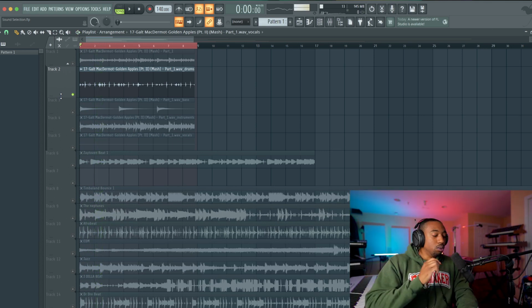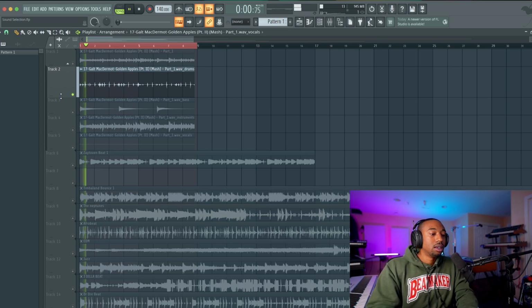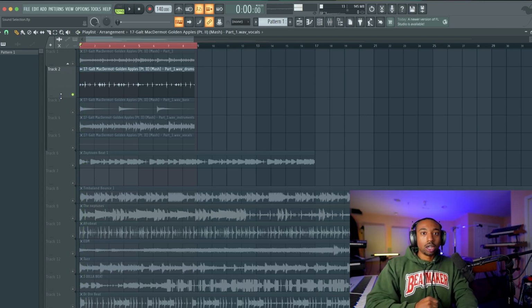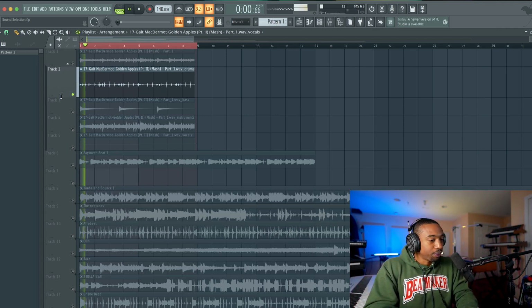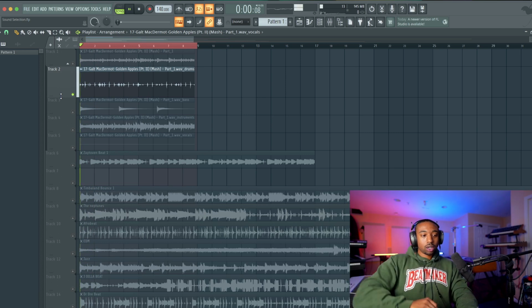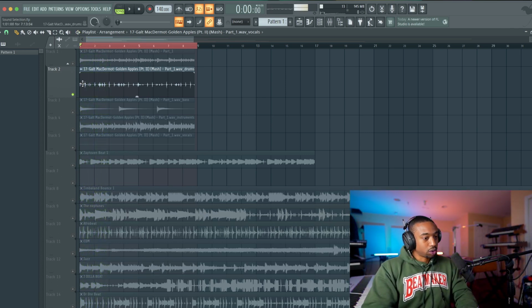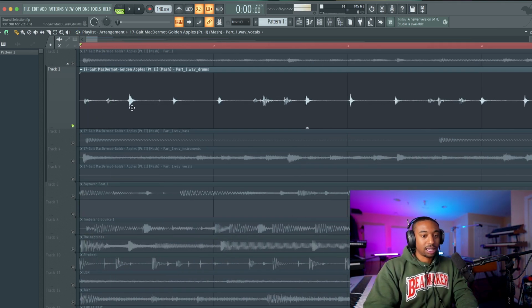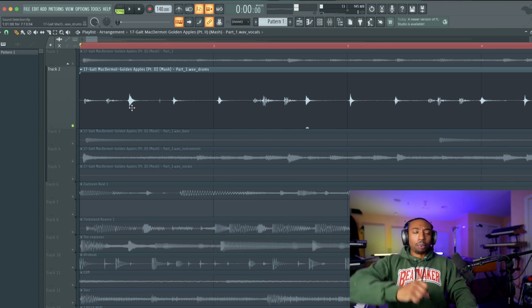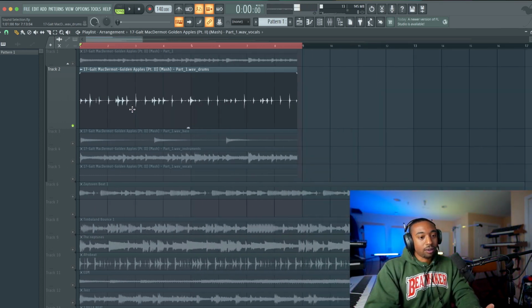I hear 2 velocities of a kick. It's not just boom, boom, it's not just this punchy kick every single time. And I hear a snare that goes ch, ch, ch. Very short decay snares. You can even visually see how short these snares are. So all these small characteristics will add up, and I'll have a formula for you.